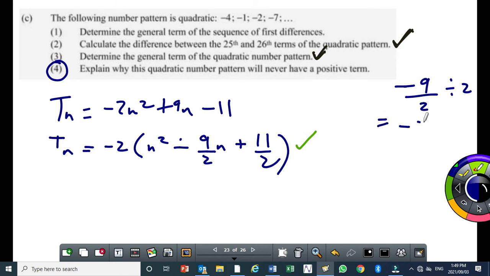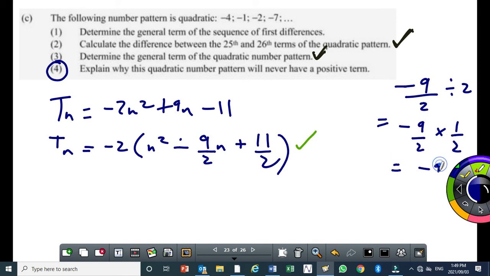So this is equal to minus 9 over 2 times 1 over 2, which gives you minus 9 over 4. So half the coefficient of n is minus 9 over 4. So that half coefficient of n, we add the square of it and we subtract the square of it. That concept of completing the square, we discussed it in term 1. Now it's application. So this becomes minus 2, open bracket, n squared minus 9 over 2 n plus 11 over